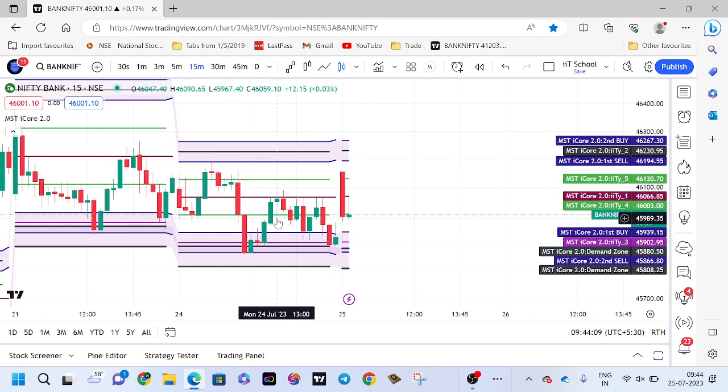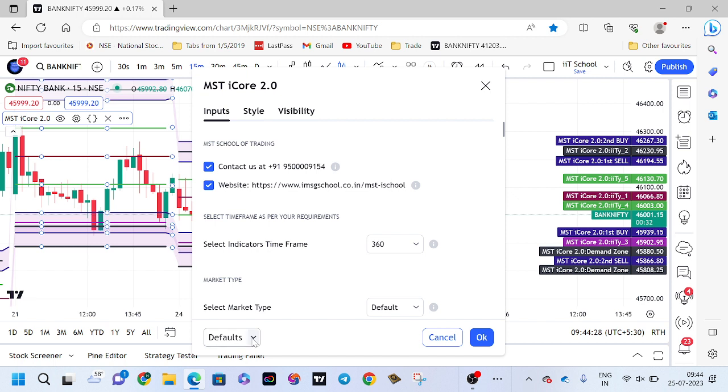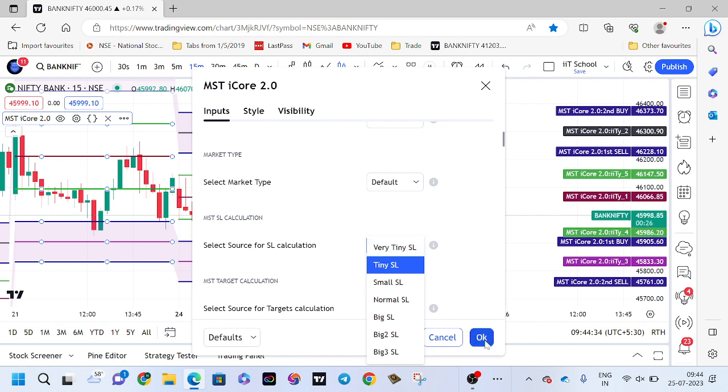Here also we have got another opportunity, and here also we have got another opportunity. So you will be getting more opportunities, but restrict yourself: once you have booked the profit, please stay away from the market. Now once again, if you have not followed this 360 trick, you will be keeping the default settings, and you can keep a very tiny SL, depending on you,